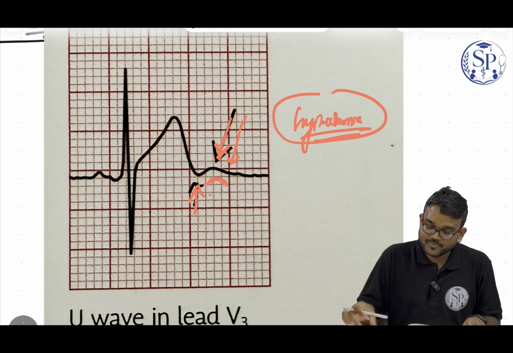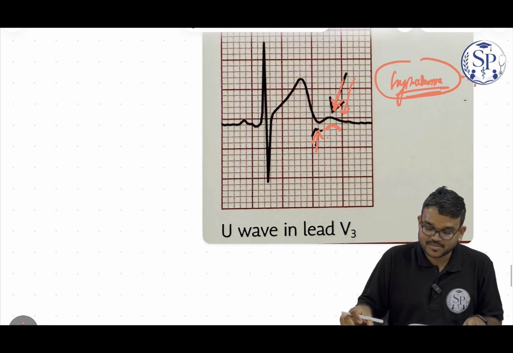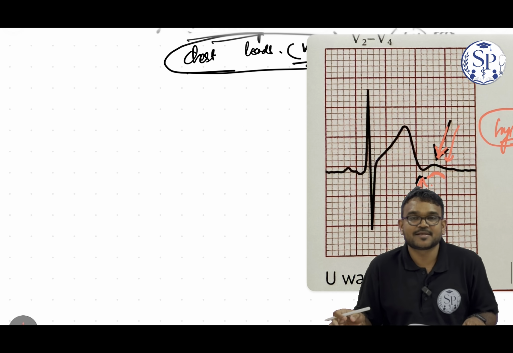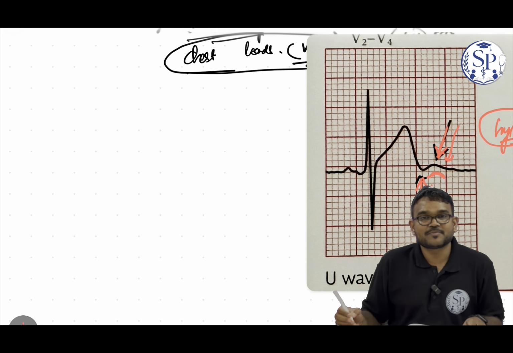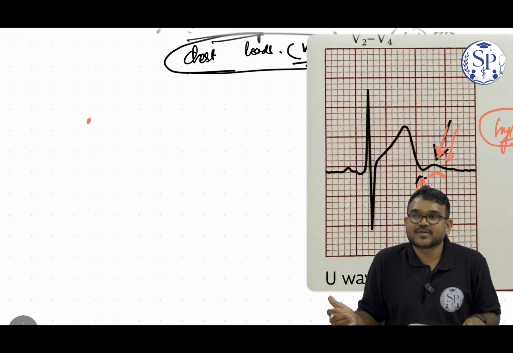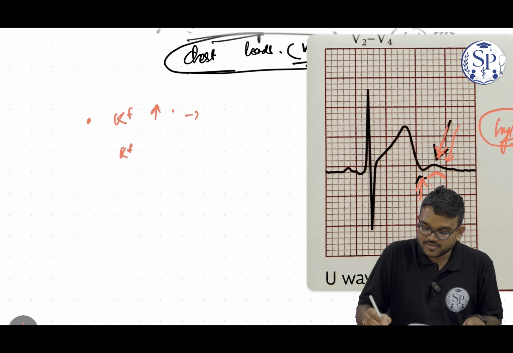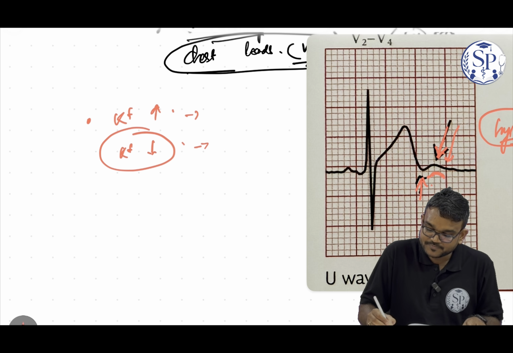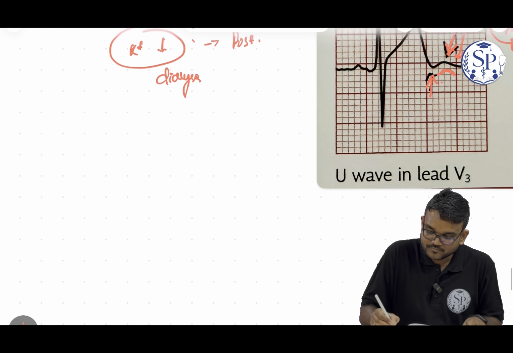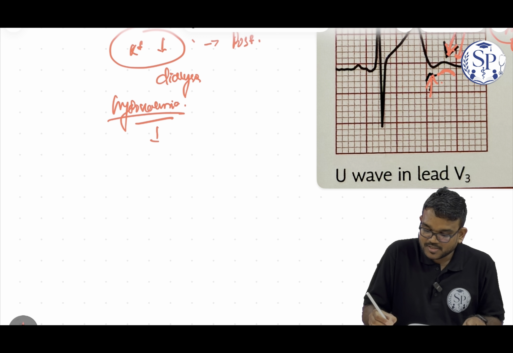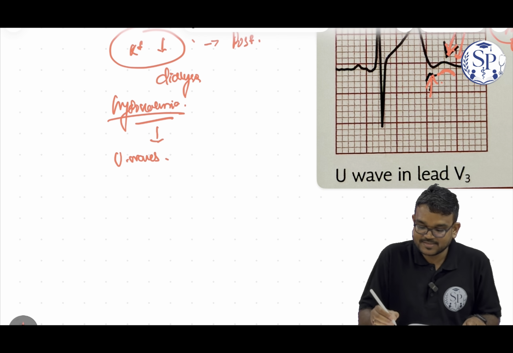Okay, so where is the hypokalemia seen? Mostly in post dialysis patients. As you all know, the CKD patients, end-stage renal disease, are undergoing dialysis because of hyperkalemia, and before dialysis the potassium level is too high, and after dialysis the potassium level is too low, or post dialysis hypokalemia. Okay, so in that case if you do ECG in post dialysis patients,